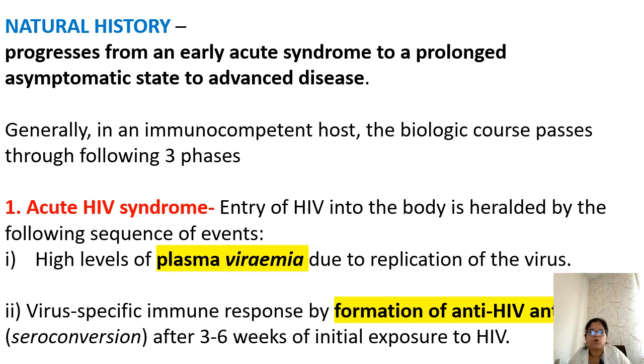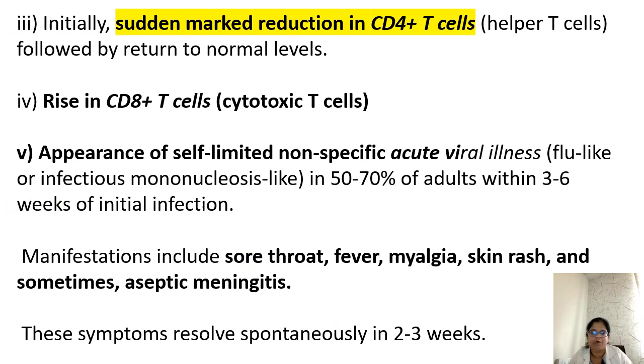Generally, in an immunocompetent host, the biological course passes through three phases. The first phase is acute HIV syndrome. Entry of HIV into the body is heralded by the following sequence of events: high levels of plasma viremia due to replication of the virus, and a virus-specific immune response with the formation of anti-HIV antibodies, which is called seroconversion, after 3 to 6 weeks of initial exposure to HIV. Then initially there is a marked reduction in the CD4 T cells, that is your helper T cells, followed by a return to normal levels,